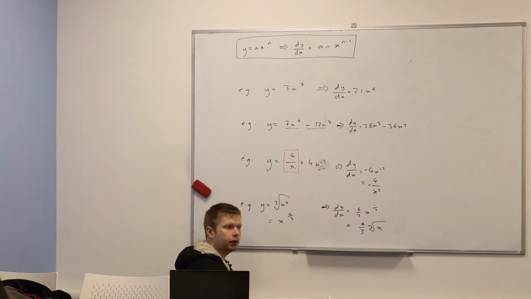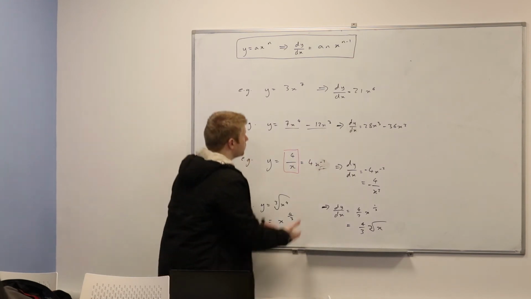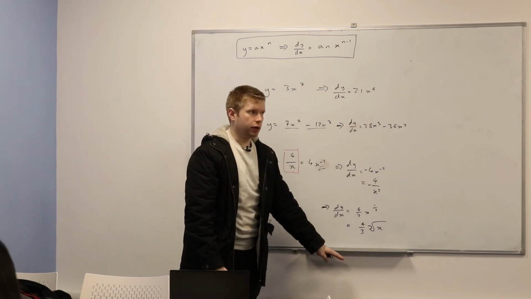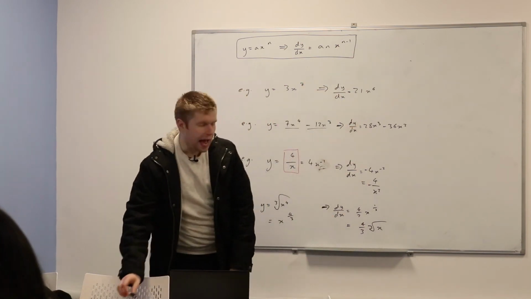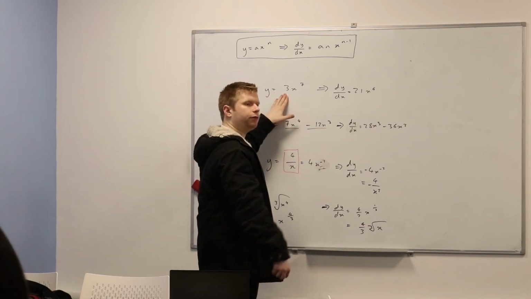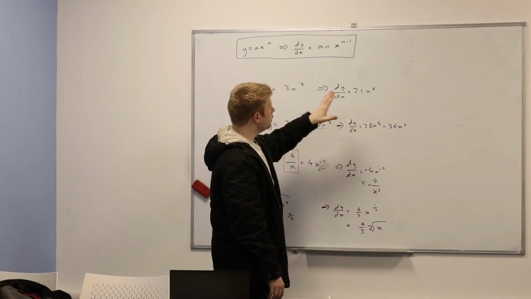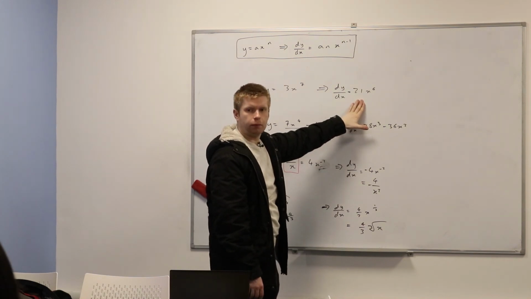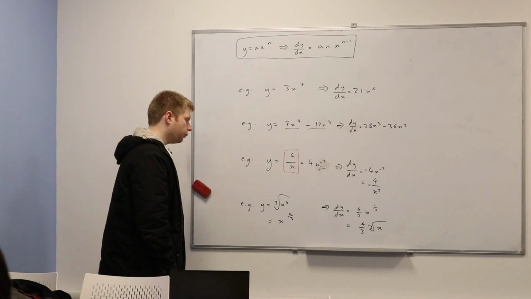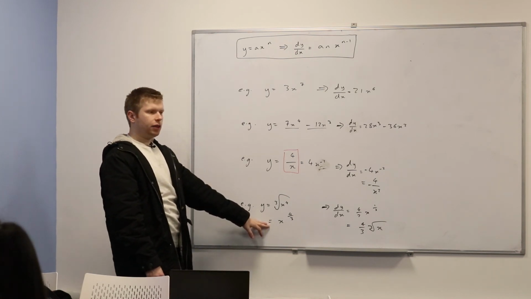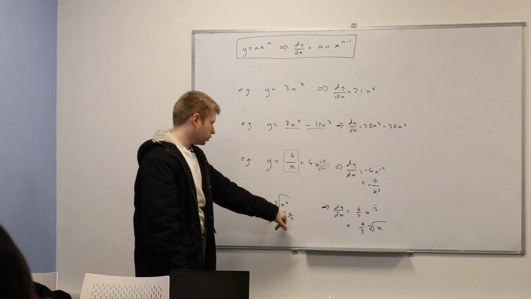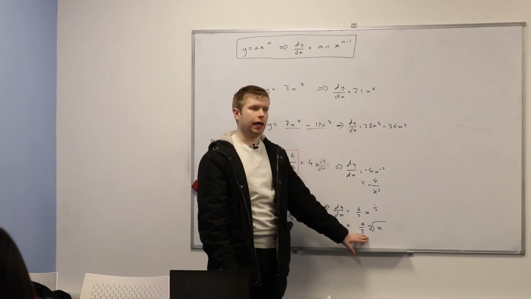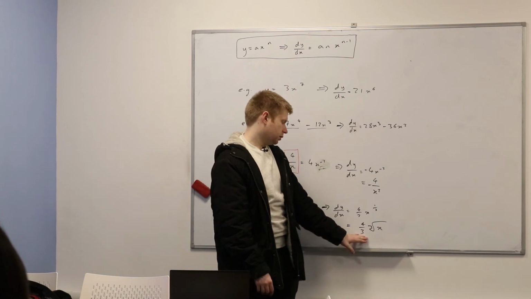Remember, all I'm doing here is saying, here's my function, here is my gradient function. So now, for each of these, if I gave you that and said find the gradient at x equals 1, you could just stick x equals 1 in there and find it's 21. Or for example, here, if I said find the gradient of this curve, y equals the cube root of x to the power of 4 at x equals 8, stick x equals 8 into your gradient function. So that would be